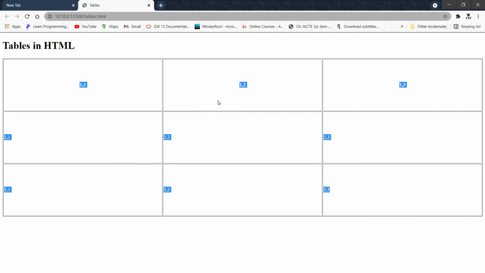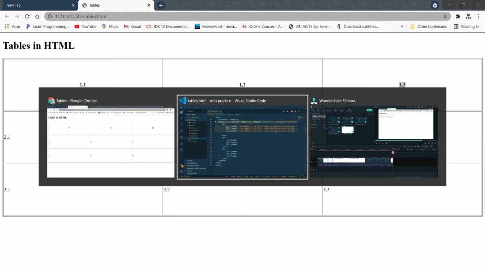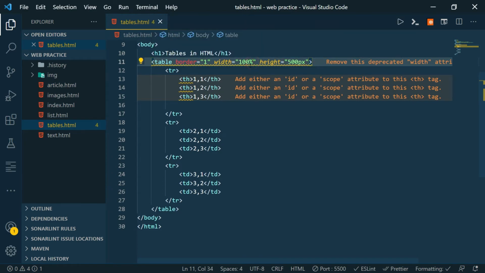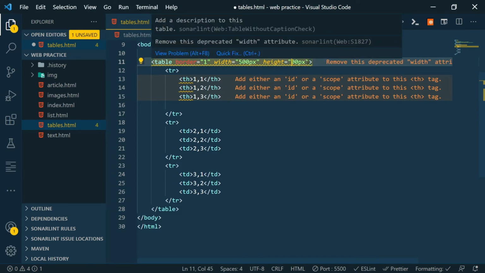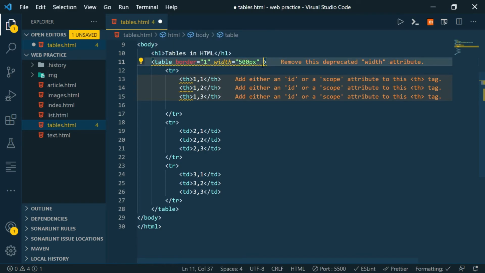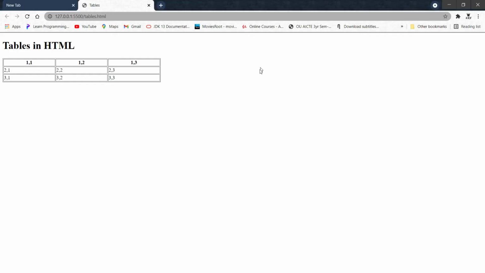So this way we can alter it, and you can notice that elements in the cells are always aligned to left, and the text in the th element is aligned in the center of the cell. We can also alter the padding in the cells, and we can also alter the spacing between the cells. Let's try to do it using the cellpadding and cellspacing attributes. Let's just decrease the width to 500 pixels. You won't add height attributes. So our table looks like this.